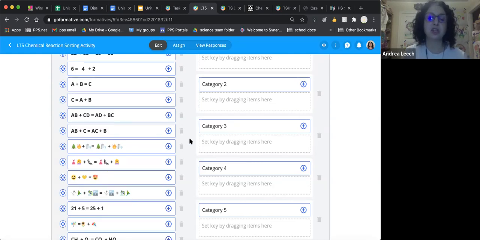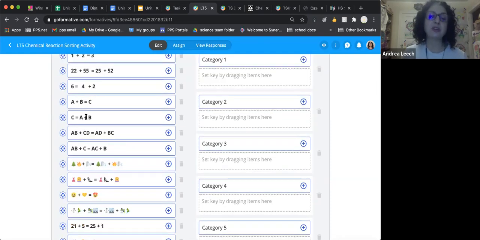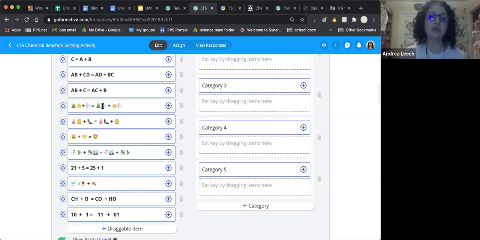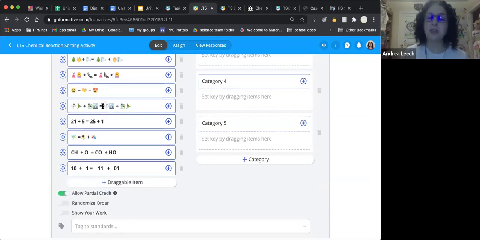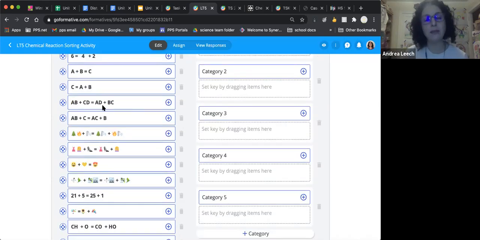I think that the discussion is valuable. But you'll want to make sure to tell them that each group should have some sort of a number version, some sort of a letter version, some sort of maybe a picture version, so that they have each one of the different flavors of equations in this first part. And this first part is trying to get their mind primed for how the different patterns look